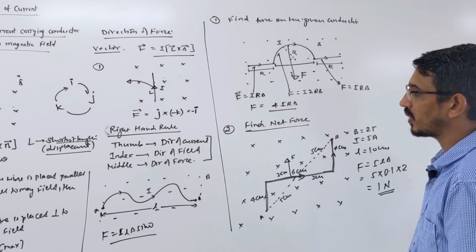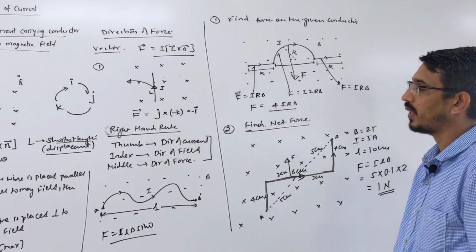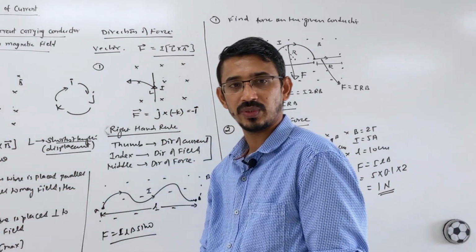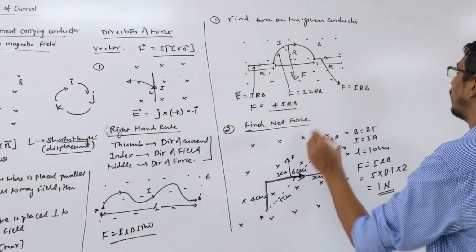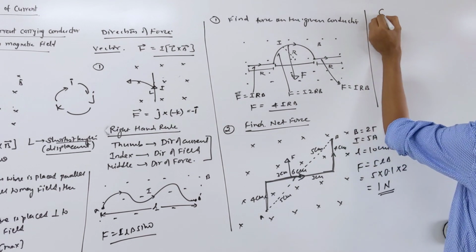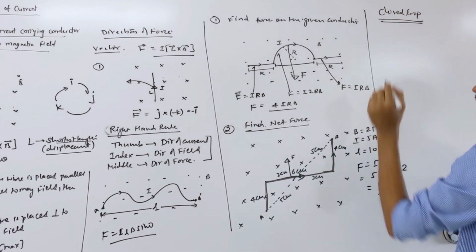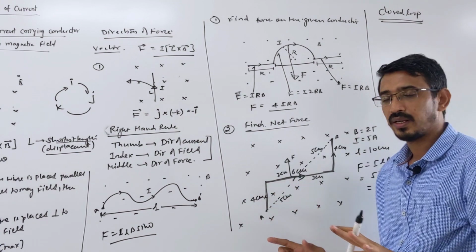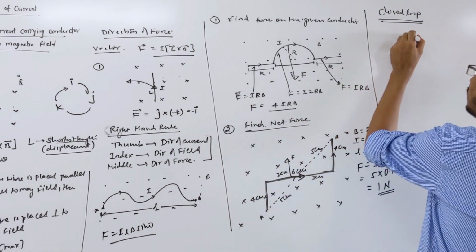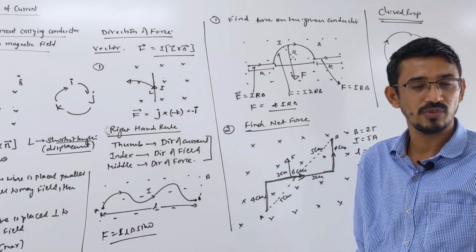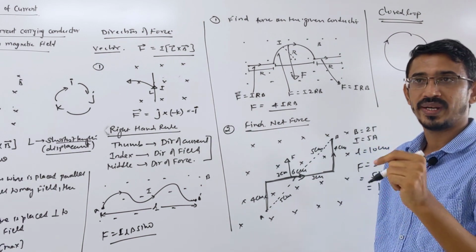So what happens? Suppose it's a closed loop, not a wire. Just like a wire only, then you can find force on this. Suppose you have a closed loop, then what happens? Closed loop. Correct. Listen carefully. Closed loop means, okay, current is there, like this a loop is there, and this is placed inside a magnetic field. I am asking what is the force on this loop now. Correct? So what happens?